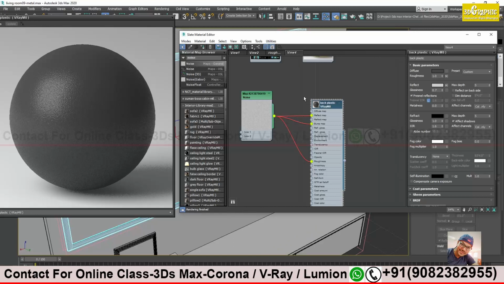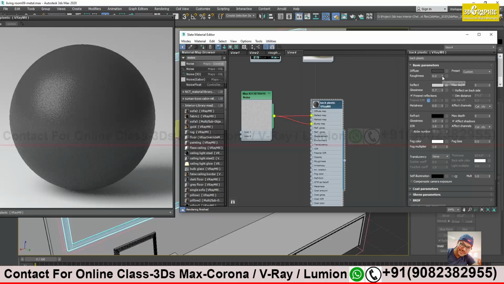I think if you add any texture, then this value will not work. Suppose if I remove this texture, see this, now it's working. Okay, so then we don't need any texture, we can use just the value. A little bit of difference we can see.